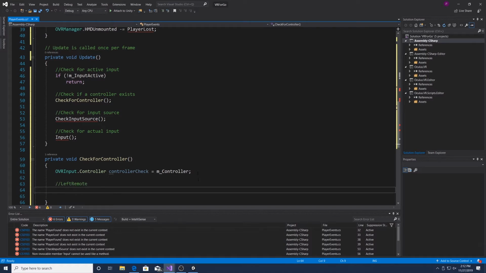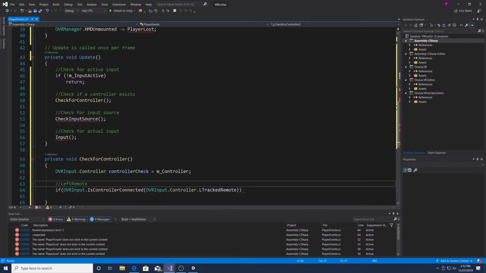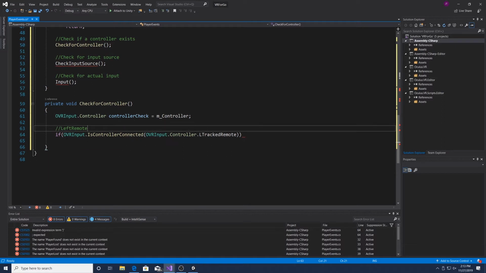So we'll check whether the left remote is active. And again, all of these items come in as part of the OVR input. So that's why when we were setting up our project, we needed to bring that in as part of the items we needed in order for our project to run properly. Okay, so we are going to check, is the controller connected? What controller? The left tracked remote. And if it is connected,